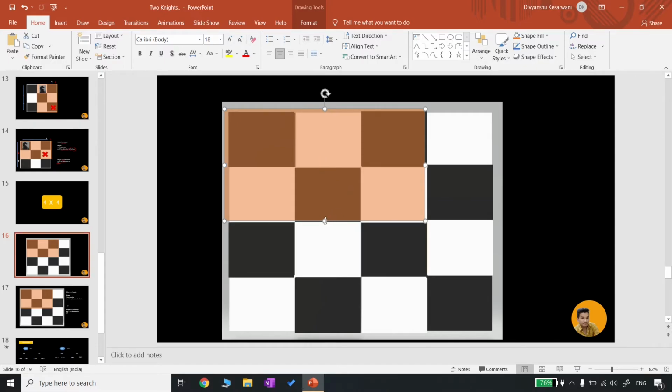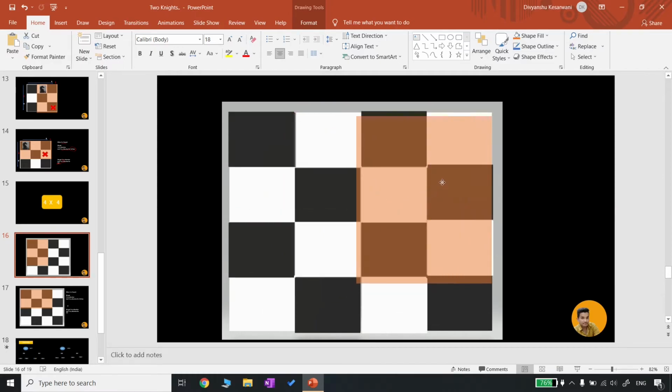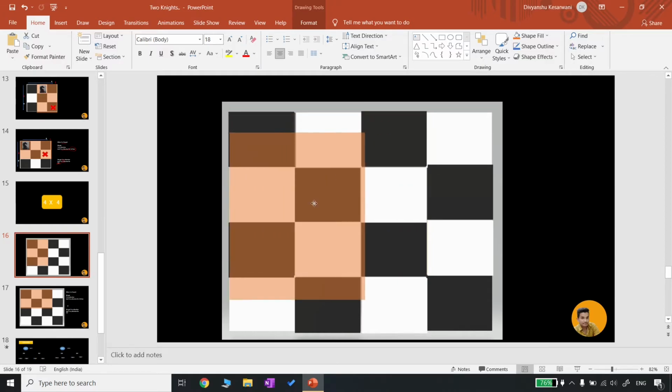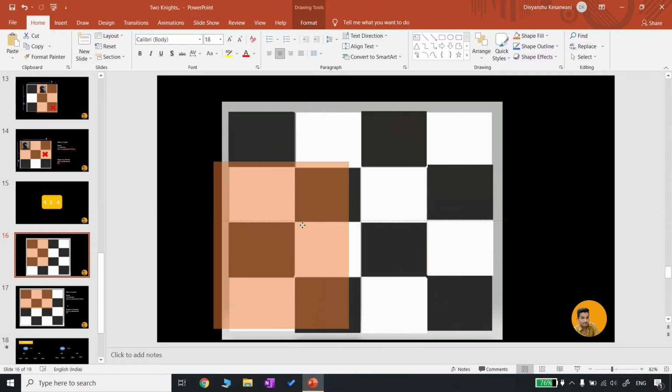Now let's count for 3 cross 2 box. 3 cross 2, 3 rows and 2 columns. This is 1, this is 1, this is 2, and this will be 3. So we are getting 3 in x direction, and let's look for y. This is 1, this will be another 2. Now you can't move further because you will move out of chess board. So we got 2 in y direction and 3 in x direction. 1 2 3 and 1 and 2.